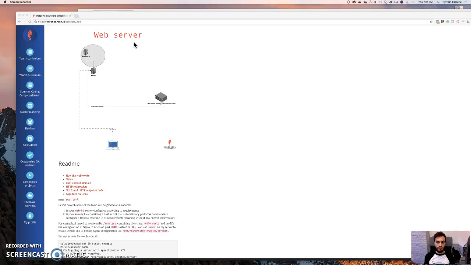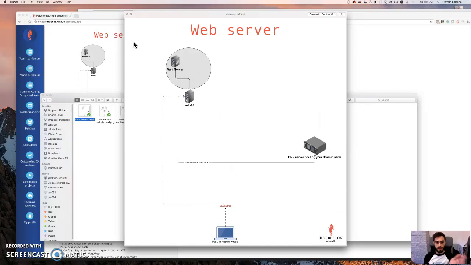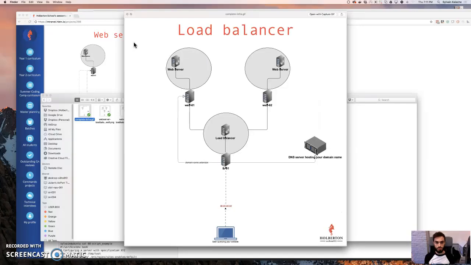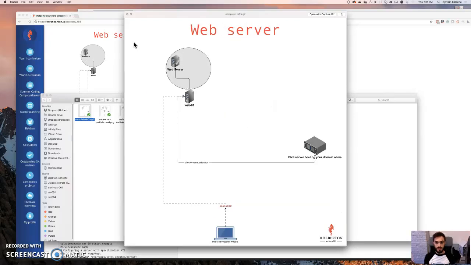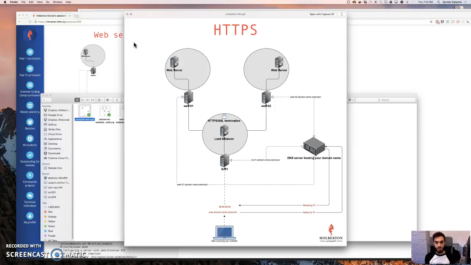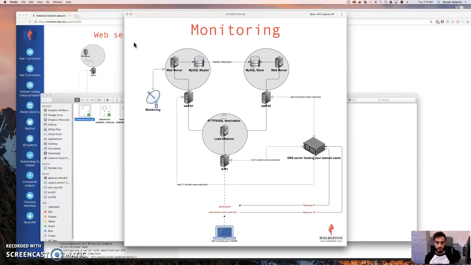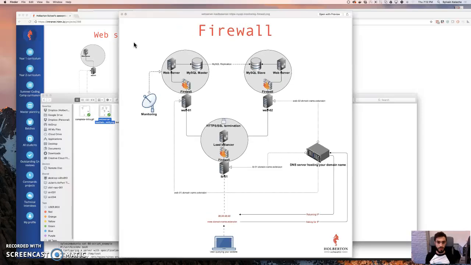And to give you an idea of the big picture of this project, this is what you will end up building. The end goal of this project is that the Airbnb clone that you are already working on will be hosted by this web infrastructure. It needs to be reliable, it needs to be secure, it needs to be working, and it needs to be fast, right? So here we can see all the different parts coming together, and this is basically what you will